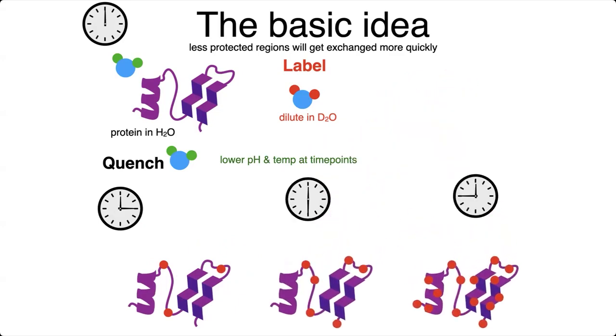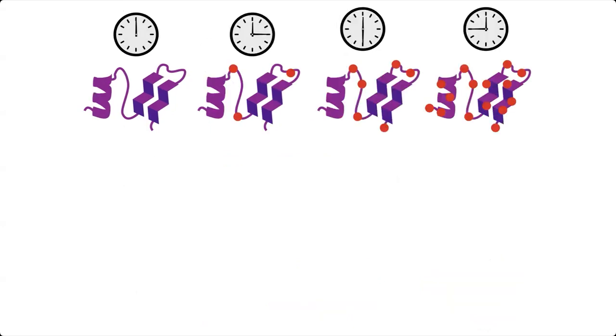So remember, we can lower the pH, we can lower the temperature, both of those would stop the exchange. By taking samples at different time points, well, now we have different glimpses into the dynamics of the protein and the relative accessibility of regions. We do this for a number of time points. Then what we want to do is see which parts of the protein were